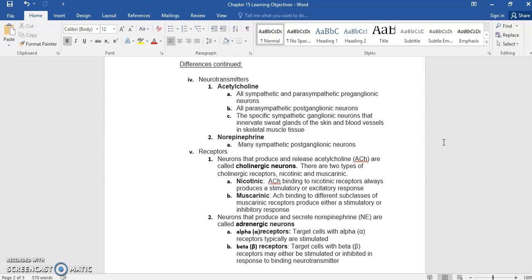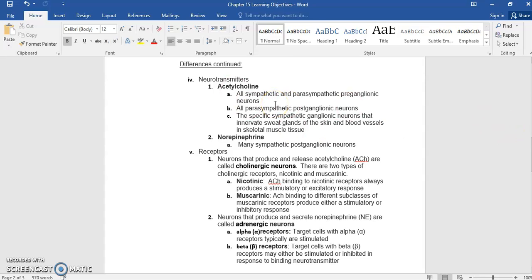So you need to know those two neurotransmitters, but then you need to know where they are located. So which neurons, whether it's the preganglionic motor neurons or the postganglionic motor neurons, release those particular neurotransmitters. Okay, so if we're talking about acetylcholine,